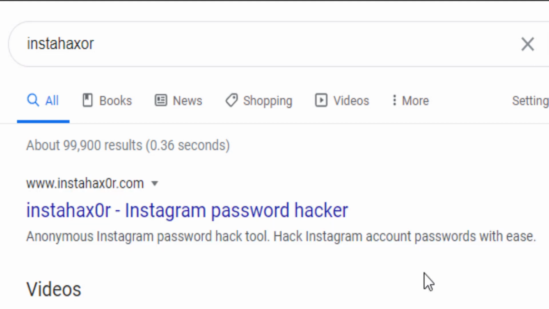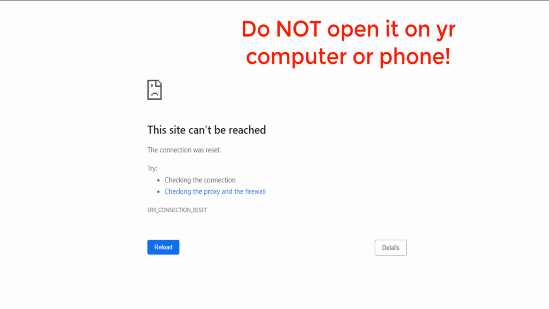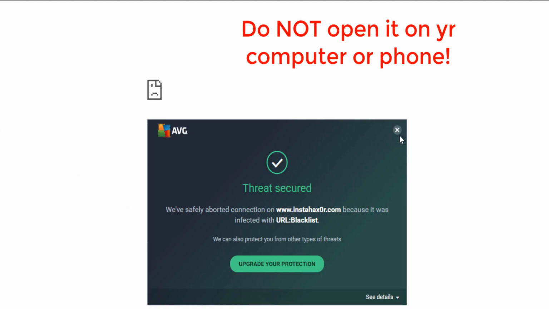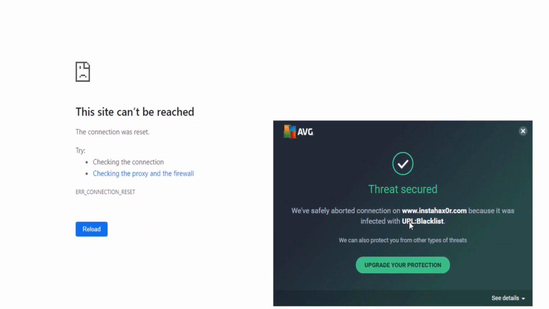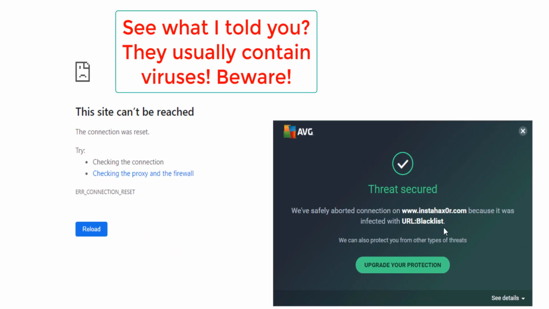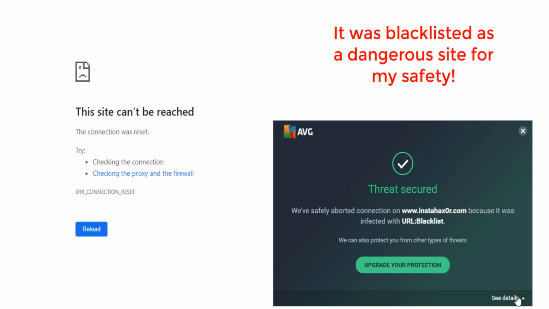Okay, let's go ahead and click on that. If I open that, okay, it says the site cannot be reached because it was infected by URL blacklist. See, my browser antivirus blocked that.